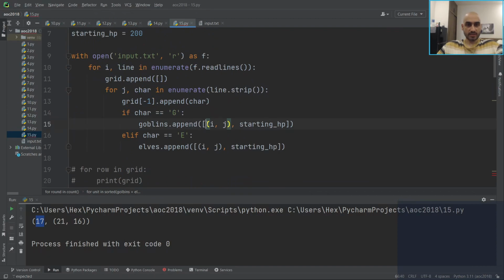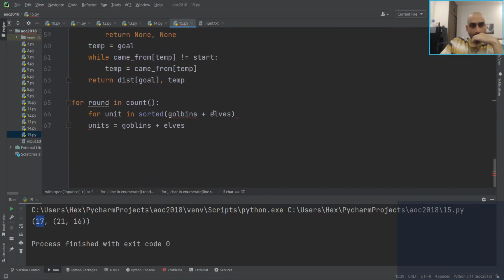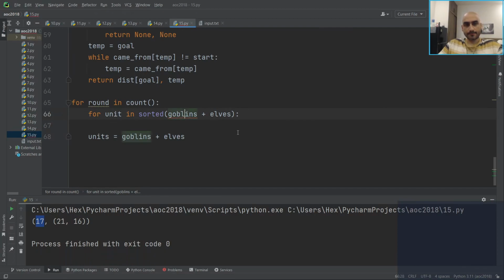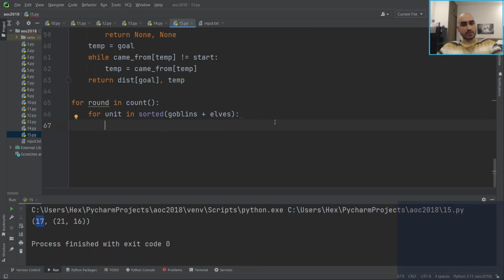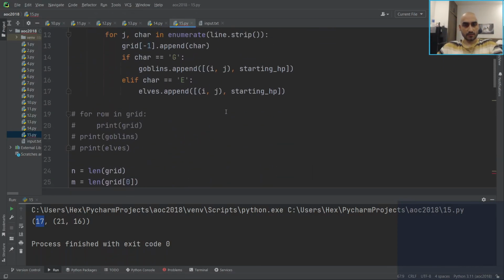And because I've done position like this, it's prioritizing I first, then J. And there's never any ties because there's unique positions, so that should be fine. Yeah, okay. So for unit in sorted goblins plus elves,